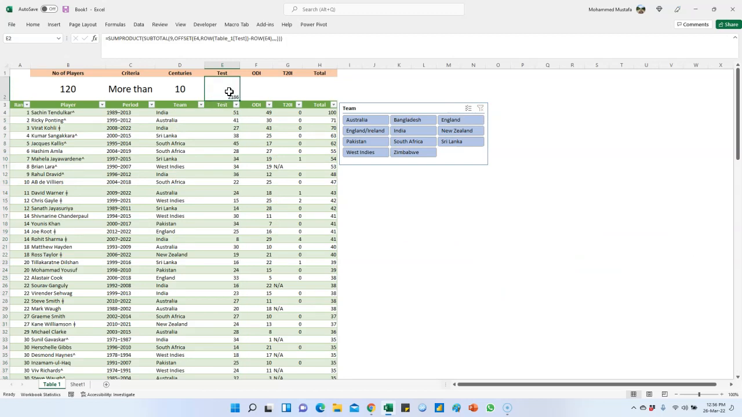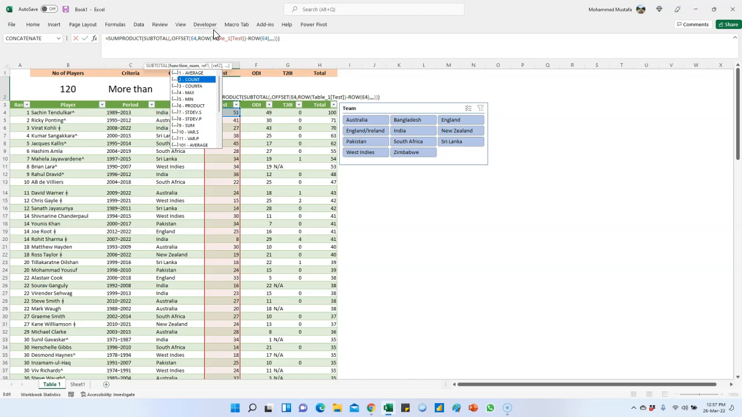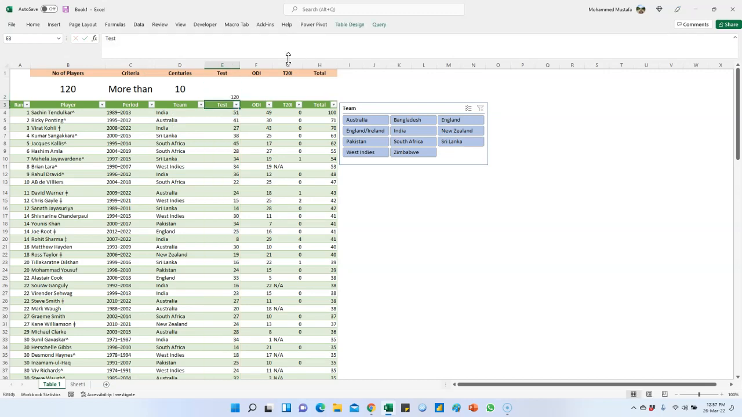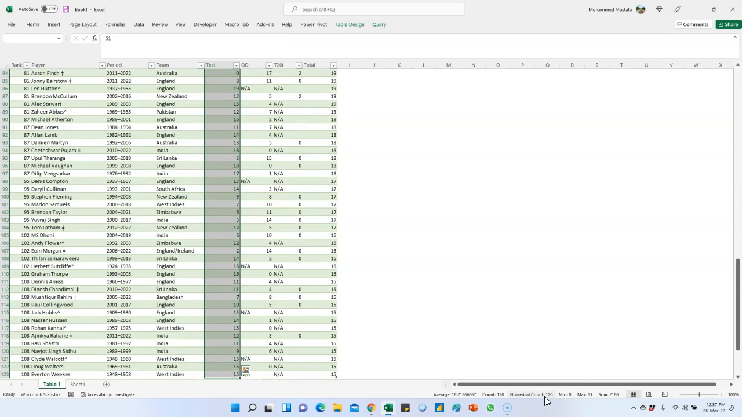Now what we need to do over here is count, and not sum, the number of centuries that have been scored more than 10. So inside our formula, instead of 9, I can use COUNT, which is function number 2. Let's close the bracket, press enter, and it gives me 120. Now we can validate this. It's giving me 120 because it's counting, and if I count this,